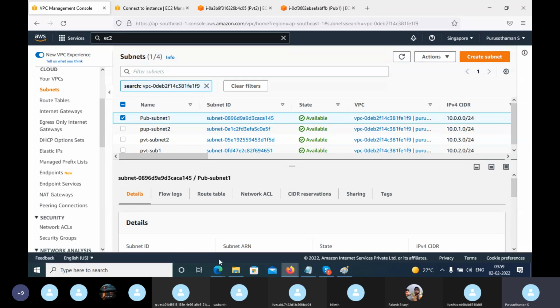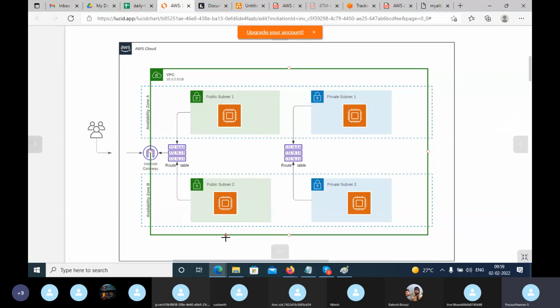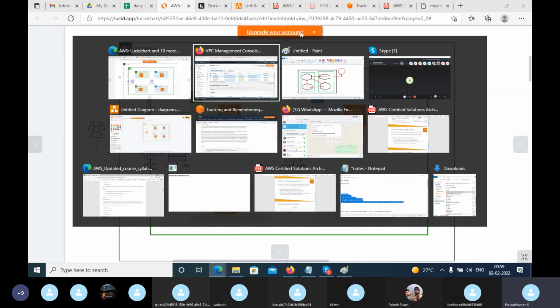As of now, we just created 4 subnets across 2 availability zones, and we have created 2 route tables, one for our private communication and one for our public communication. We are adding the route only for our public route table, so you see the difference here.